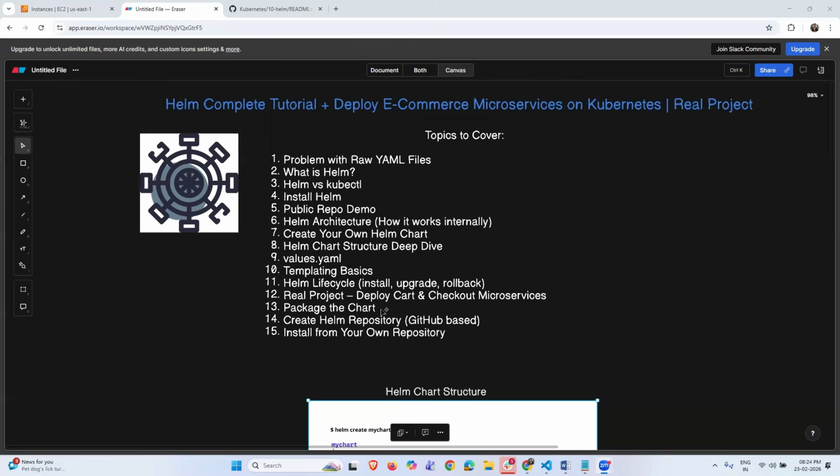the Helm repository, and if you are placed in any company and are given a task, how you can use the Helm repository, as MNCs and startups do. Imagine you join a company as a DevOps engineer, and developers come to you and say, we have a two microservices project, one microservice is cart services, and the second is checkout services, and we want to deploy them on Kubernetes, and we want version controlling, easy upgrades, rollback, and production